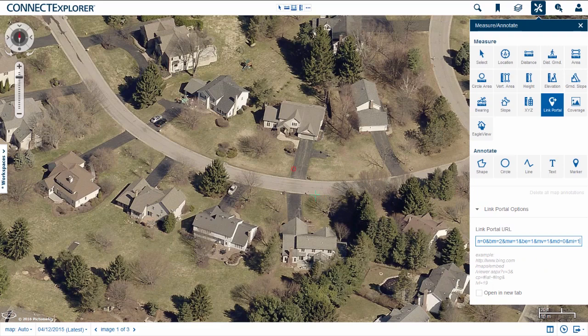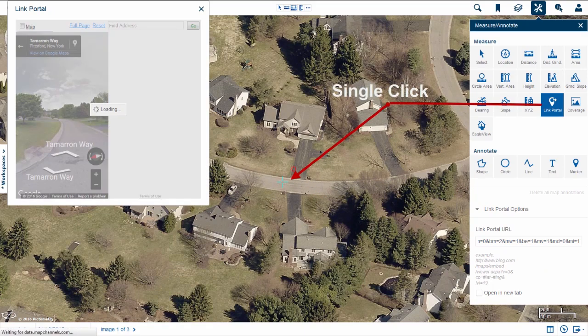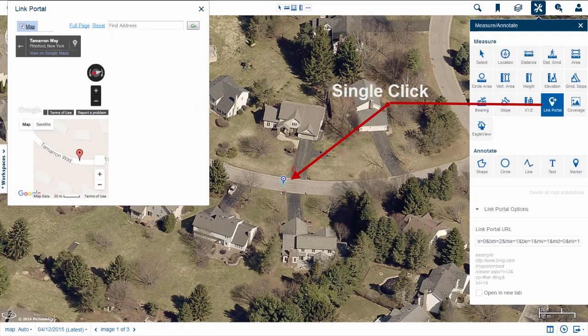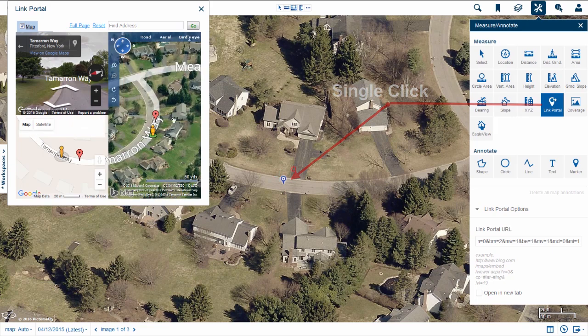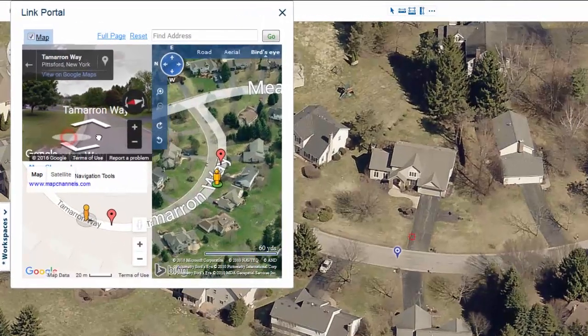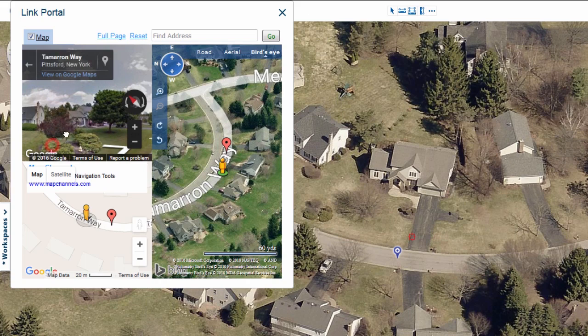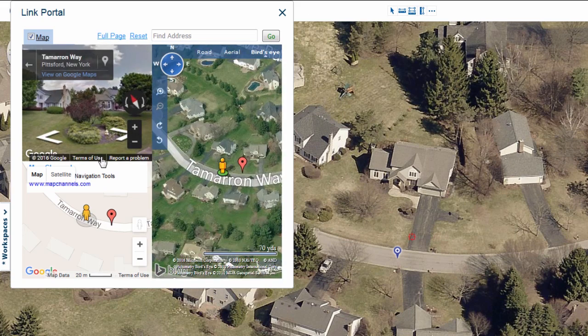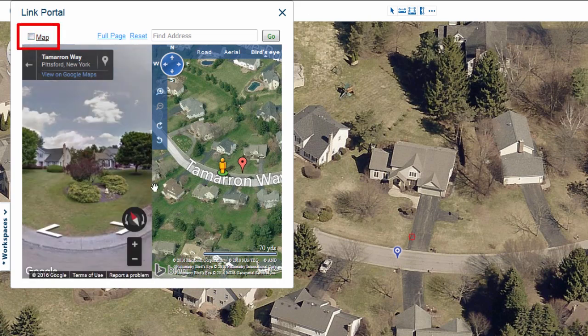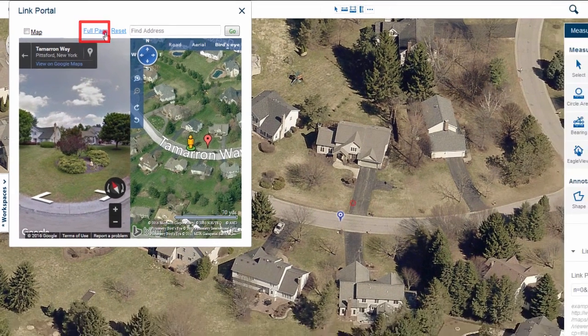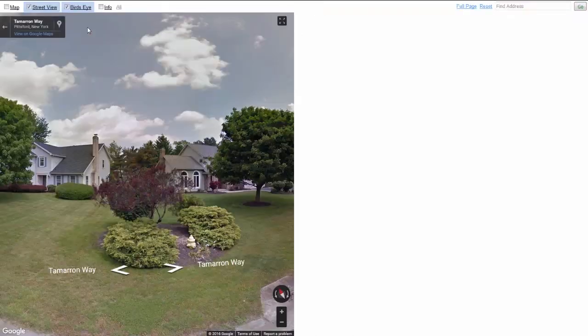Now, simply click on the imagery where a new window will open containing the Street View imagery, a roadmap, and an aerial photo. The three smaller windows are synchronized and allow you to pan and rotate the imagery in any direction you choose. If you do not wish to see the roadmap, you can unselect it at the top of the new window. If you'd like to expand the size of this new window, click Full Page located at the top of the